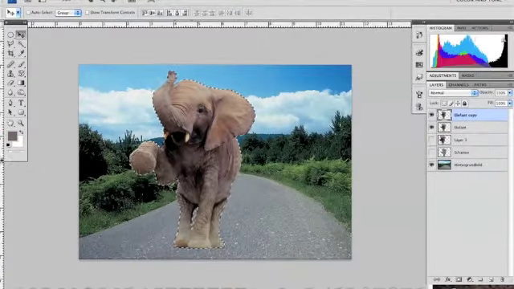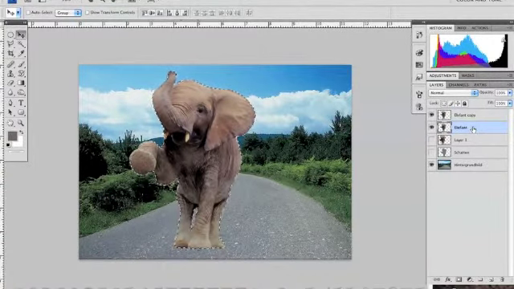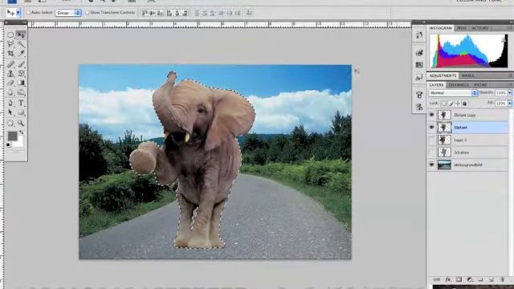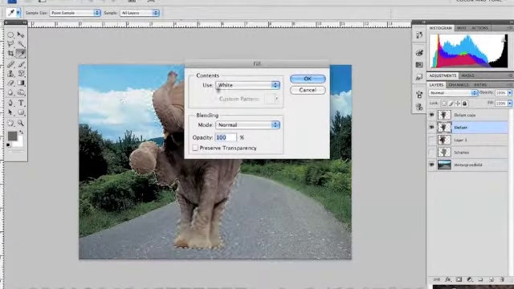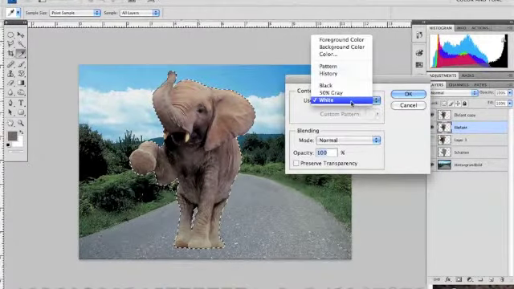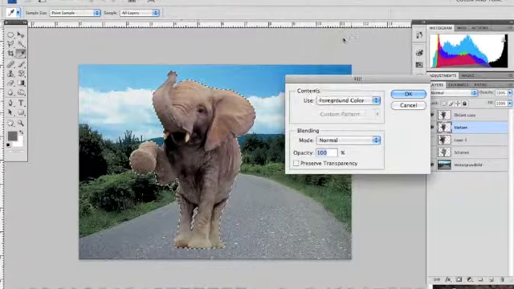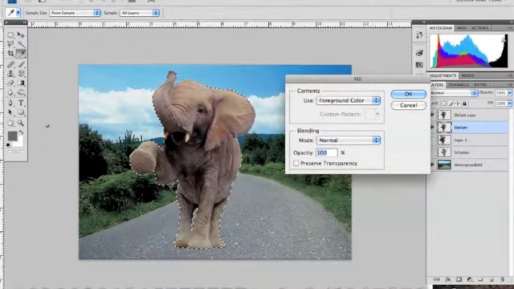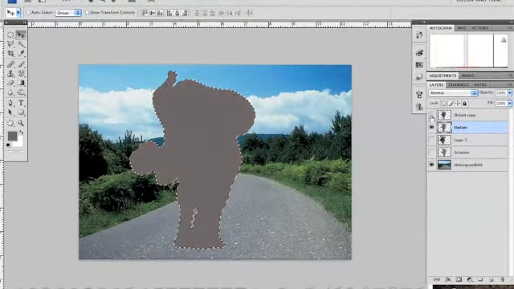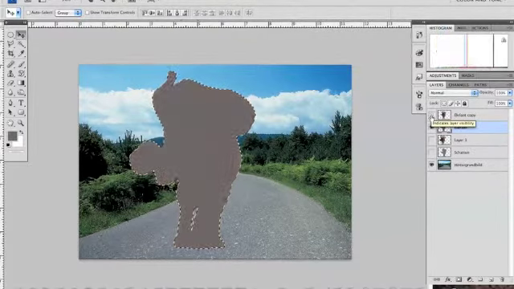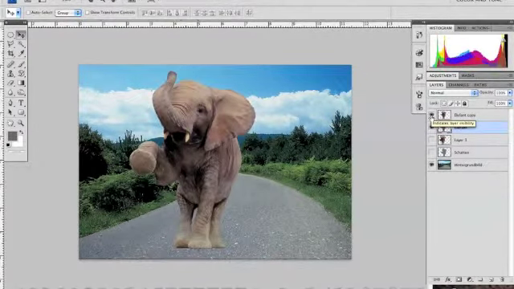And go OK, press the command to fill. I have to be in the right layer. Remember, the shortcut is Control Backspace, or if you go to edit and go to the filling command, you can also pick with which color you want to fill it. Here it's the foreground color that I selected with my gray, and I press OK, and here I am, and I have a wonderful layer of gray behind my elephant. I deactivate that,